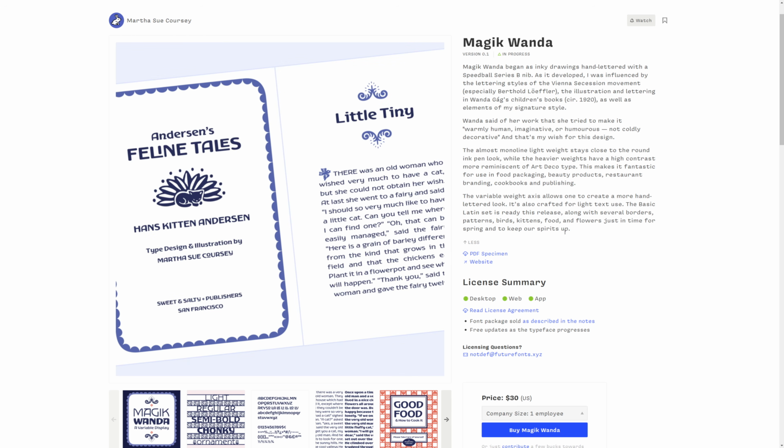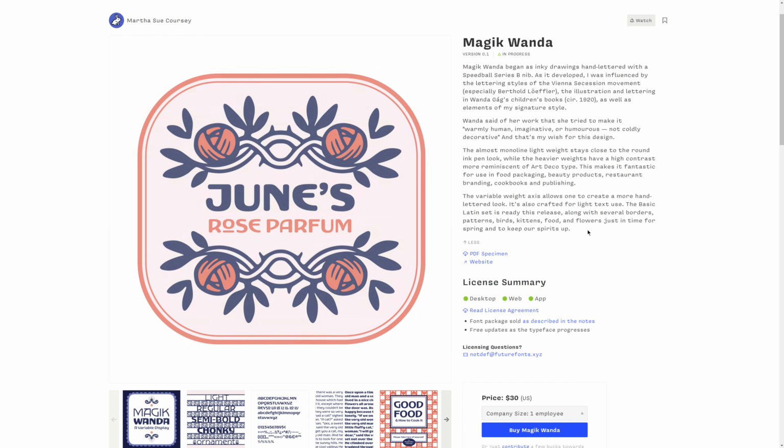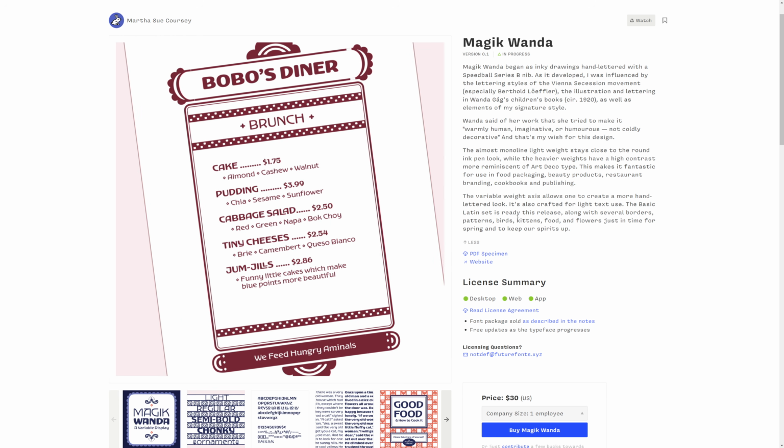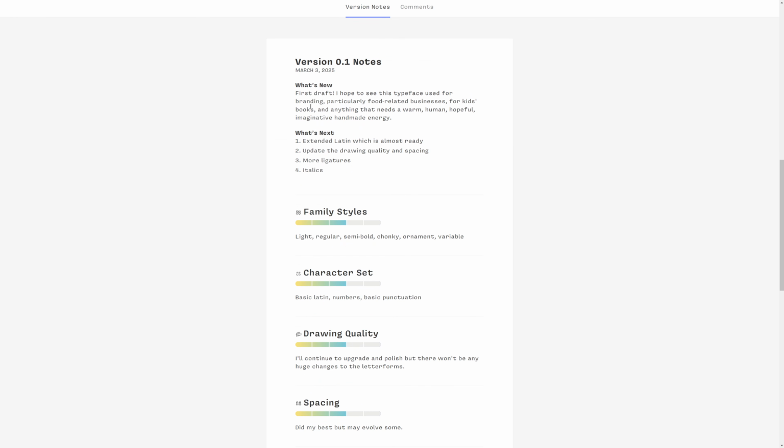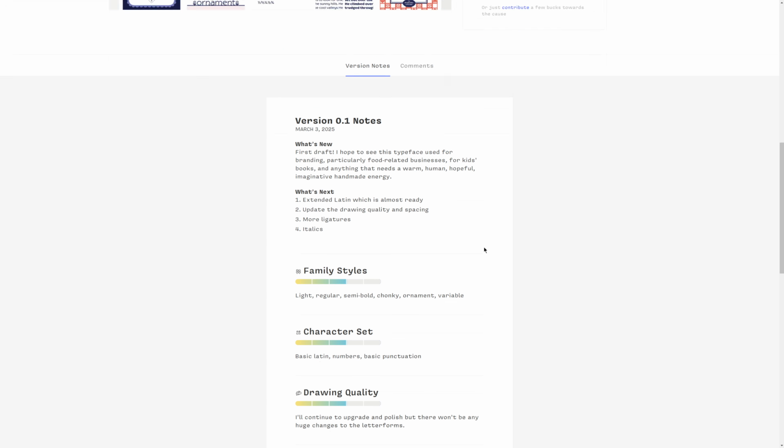Just going to get through all of the type specimens to give you a full look at what we're working with. Oh, I love that one. And then I'm going to go down to the bottom so you can see what extra is going to be included. So this is, if you're not familiar with Future Fonts,